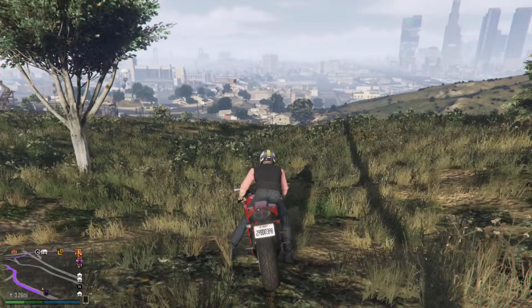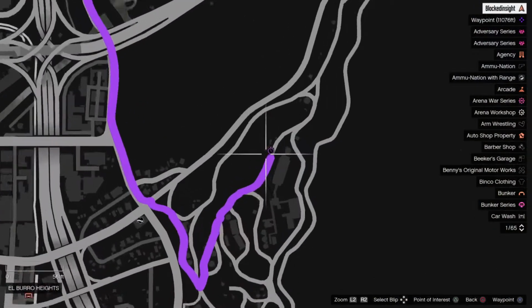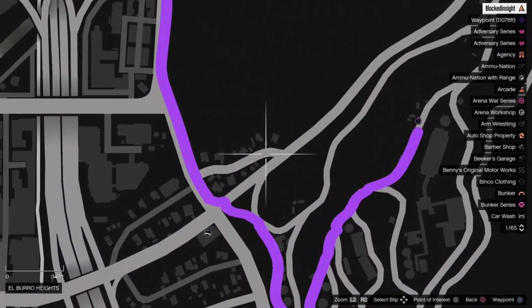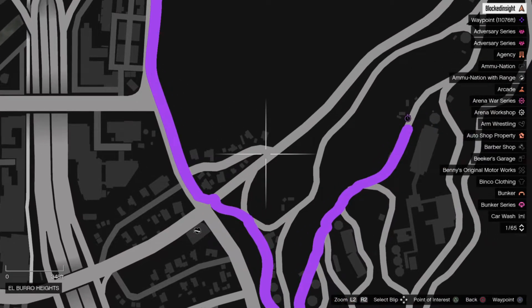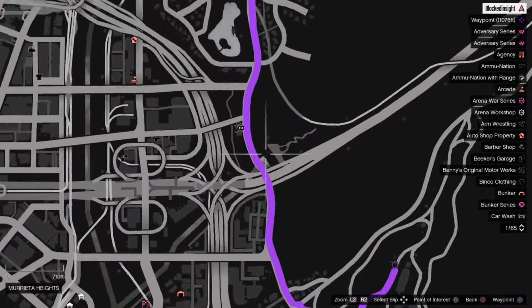Now if you're wondering, you will not crash. At least I have never crashed jumping over the little piping there with the bike, so that might be your best bet there. You'll land on the road here, continue down all the way, and then take a right. Now you could go on this road if you wanted to, but I personally don't really see a point in doing that. You pretty much stay on this way here, continue right all the way down the waypoint here like you normally would,